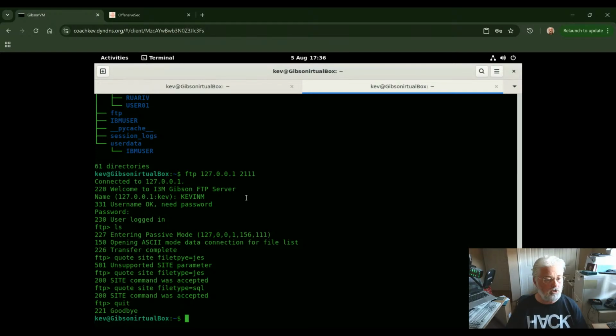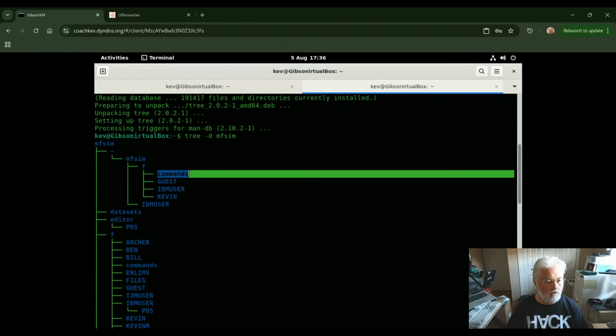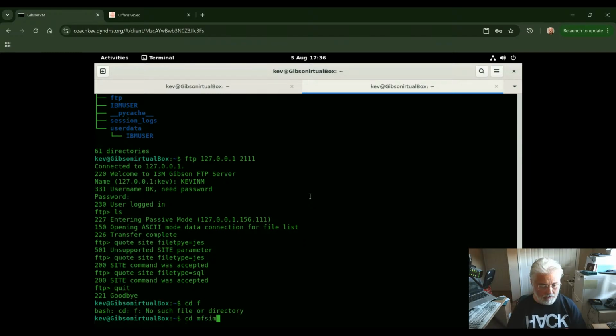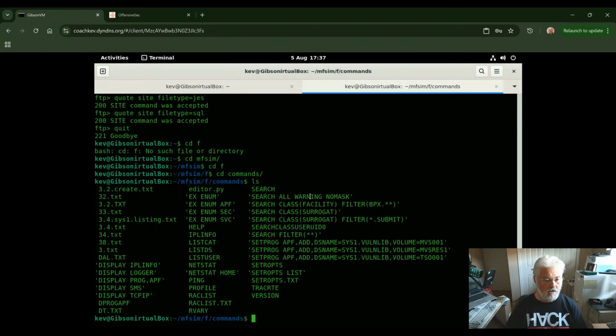So as I said, the tree structure here has F, and all the commands are held in here. Some of the commands are in the code, but some of the commands are in here. If you want to add a command, we can just type cd mfsim, cd f, go to the commands directory and ls that. As you can see, it's as simple as this. The commands are created as the name of the text file. So for example, setter ops list is the text file, and if I cat setter ops list,